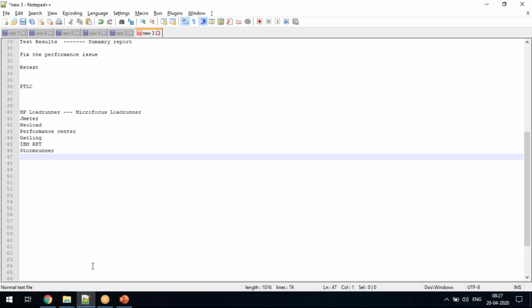There is also a tool called BlazeMeter. These are all the important tools in the industry. You can tell them these are the different tools available.